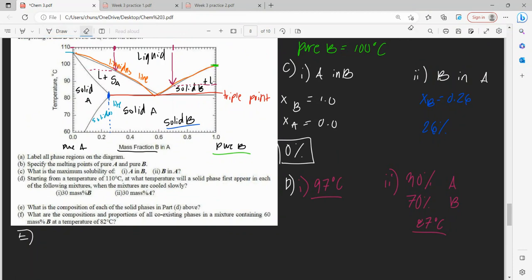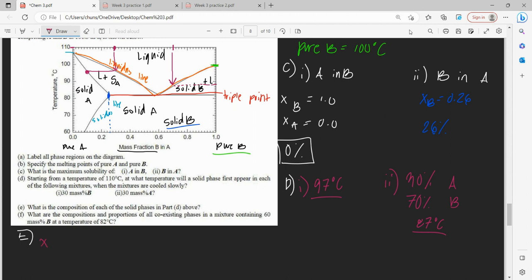So for our first one, this is with respect to B. So when we read downwards and we read across to our boundary with our solid A line,